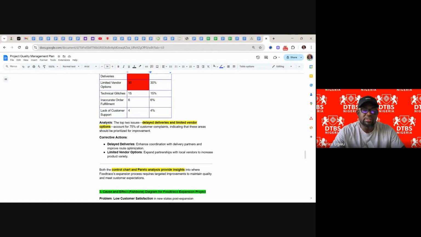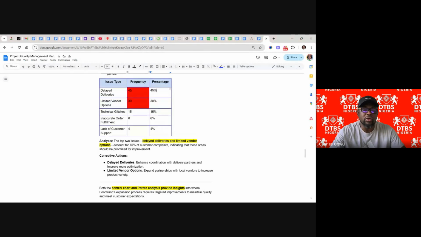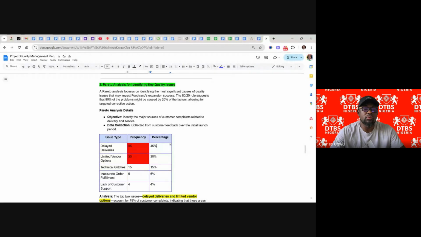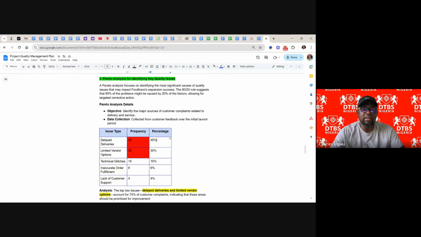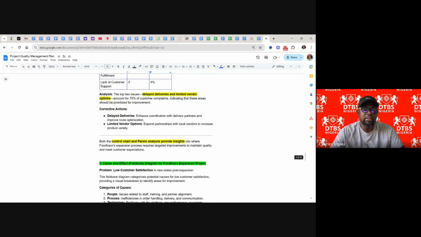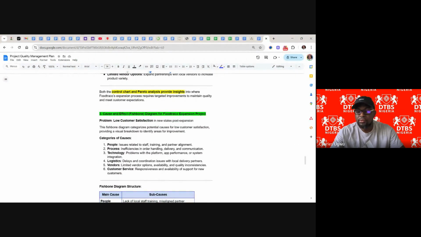So that is it. You can use this as well. You can see how this can be applied in different areas. So it's up to you to know where this can be applied in your own project, but these are ways of controlling standard. Then we have